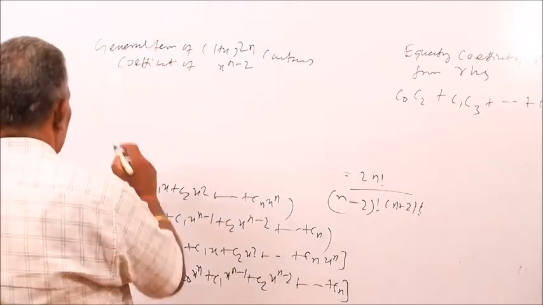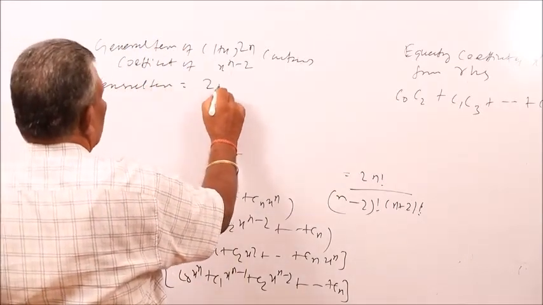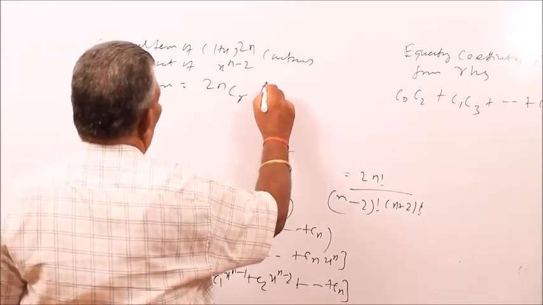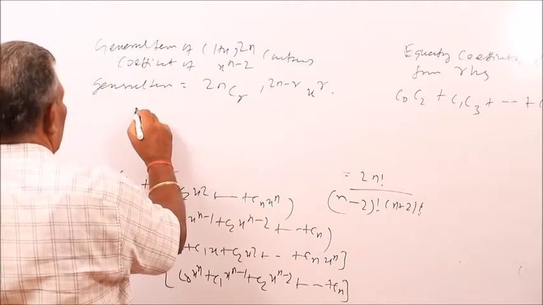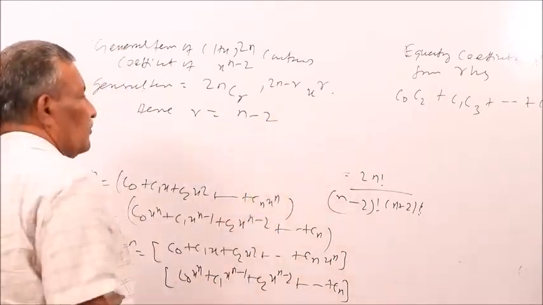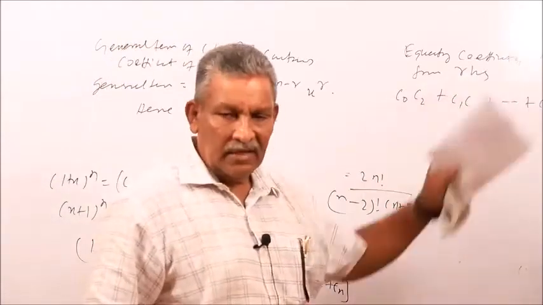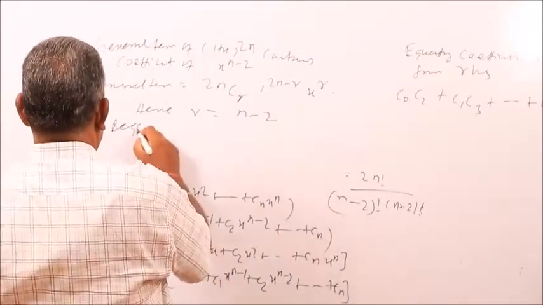So what will be the general term? The general term is the same, 2n Cr 1 to the power 2n minus r x to the power r, that is here r equals n minus 2, because we are interested in finding the coefficient of x to the power n minus 2. So r equals n minus 2, so the required coefficient